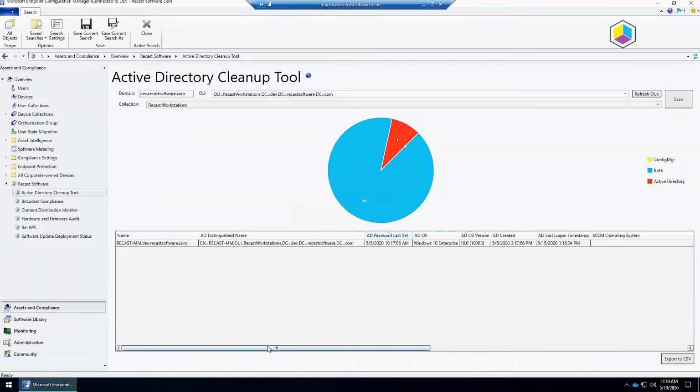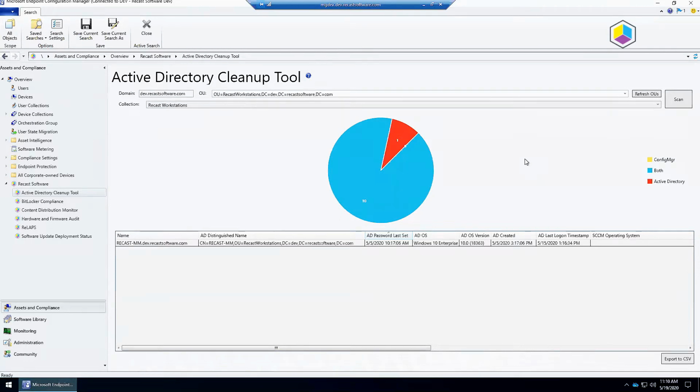One other thing I wanted to mention is how this thing matches the data from Configuration Manager and Active Directory. We've actually changed it a little bit due to some feedback from some customers. It used to match primarily on just the name of it, but we had some issues where some customers had multiple domains, and depending on if they had use FQDN enabled or not in their settings, it could get